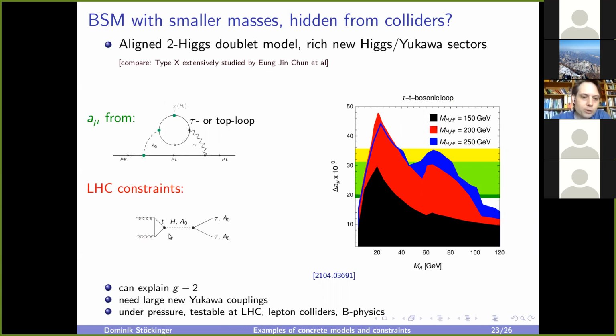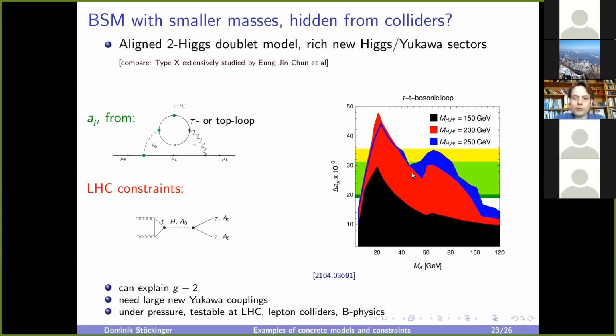And then obviously there are constraints from LHC, because if the new Higgs couples to top quarks, then we can produce it via gluon fusion at the LHC, and then it decays visibly into taus. So this is an observable process, but it has not been observed. Therefore, we get upper limits on the couplings. And from those upper limits on the couplings, we can derive an absolute upper limit on the G-2 value in this flavor-aligned 2 Higgs doublet model. And of course, one can also derive an upper limit in the type X model, which is then a little bit smaller than this. So here you see this upper limit.